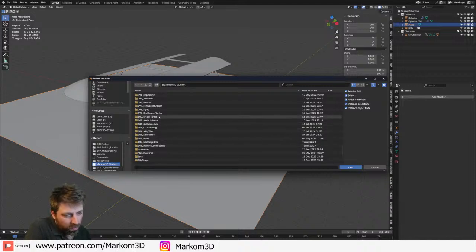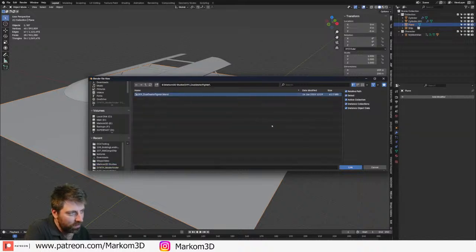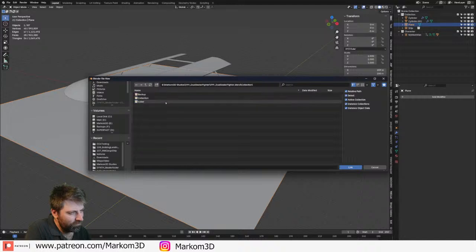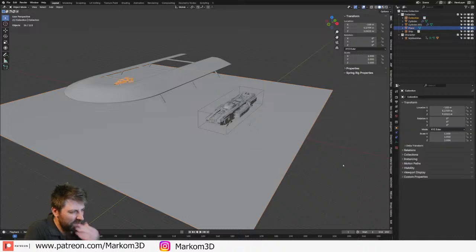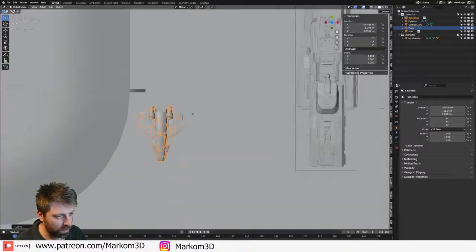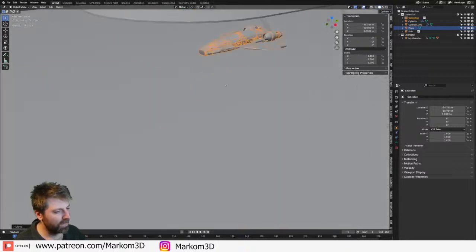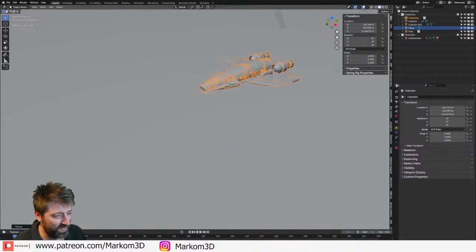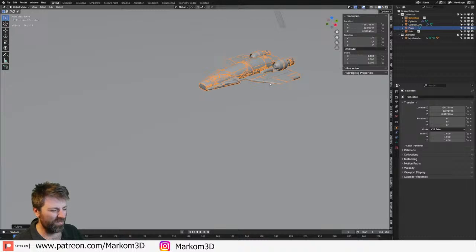What other ships? Upright fighter. No. Dual seater fighter. What's that one? What's this one? I think this one sucks. Oh, hello. What are you? I have no recollection of this. What? I don't even, and it wasn't that long ago. It's not number 99. Oh. Why'd you go into rendered view, you idiot?